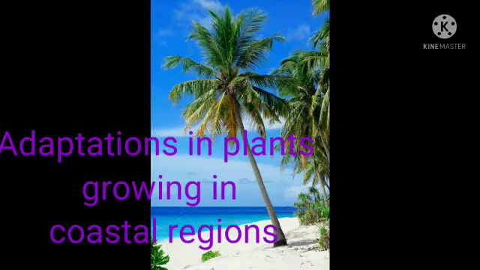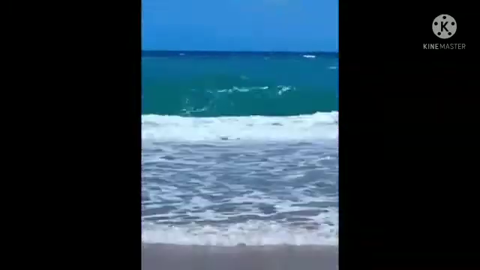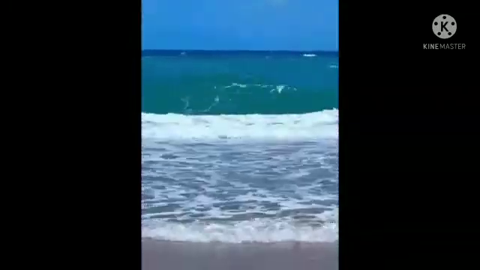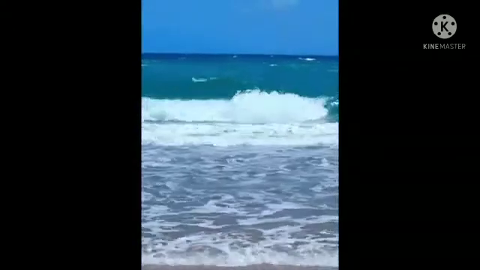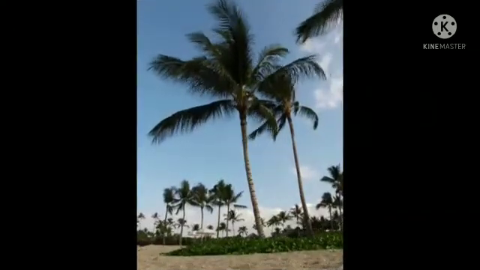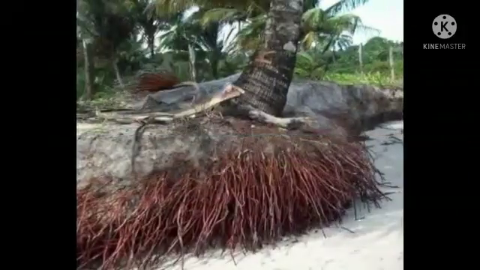Plants growing in coastal regions face salty, strong winds, loose sandy soil with fewer nutrients, salty water, and hot temperatures. Generally, the coconut palm is the plant we can see in the coastal area. It has special adaptations like thick, striped leaves to tolerate strong wind, and also a strong, flexible stem to protect it from the wind. Leaves are waterproof, and long roots grow deep into the sandy soil to support the plant.